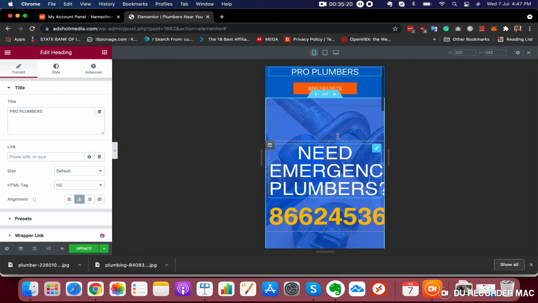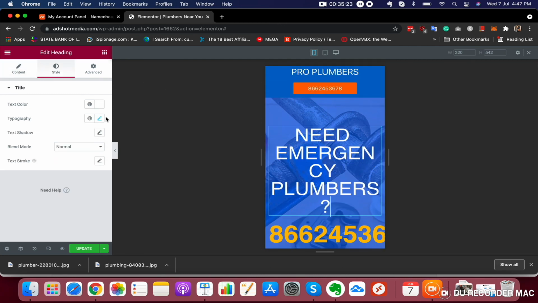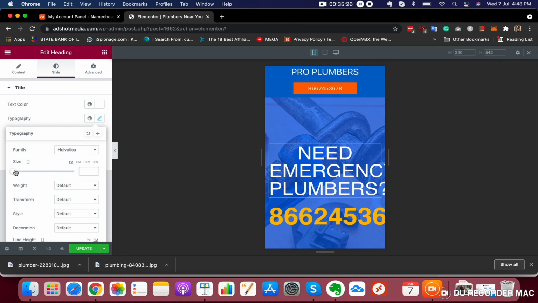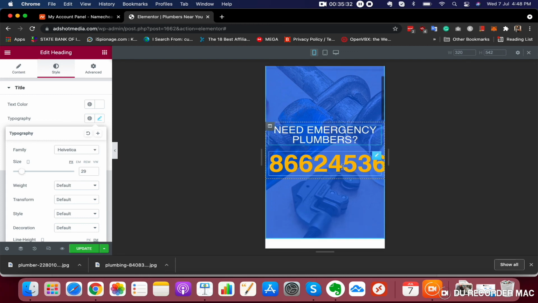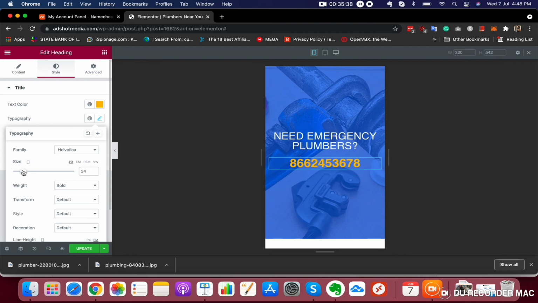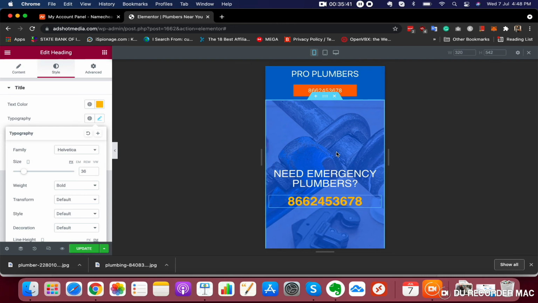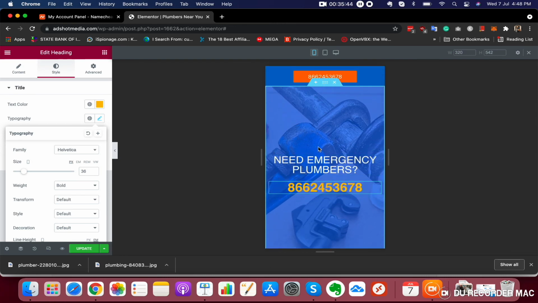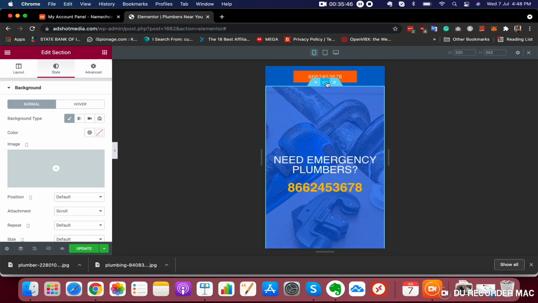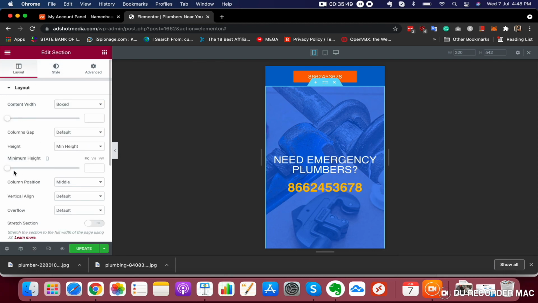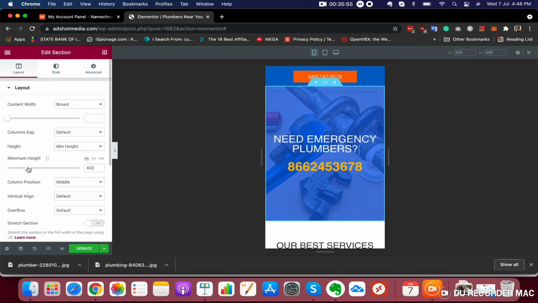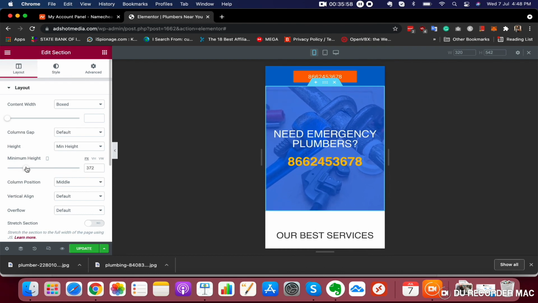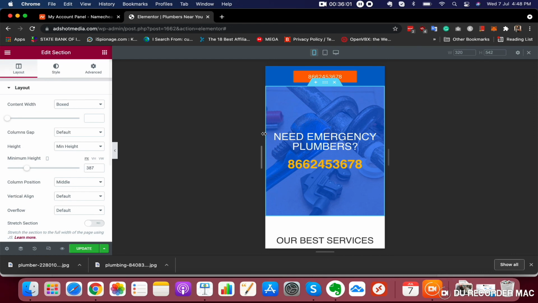I think that we should decrease the size of this text for the mobile, because it is looking too big for the mobile screen. So just, I think, this, and again, this is good. Similarly, what I think is that the height of this section is a little bit more for the mobile. So just adjust the height like this. Now it is looking fairly good. Yes, now it is good.